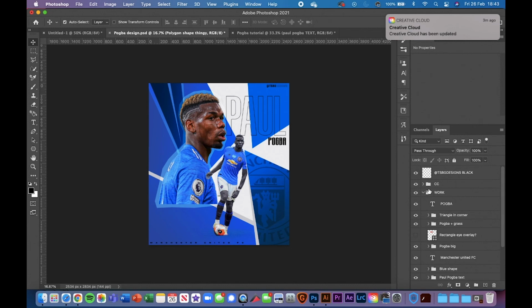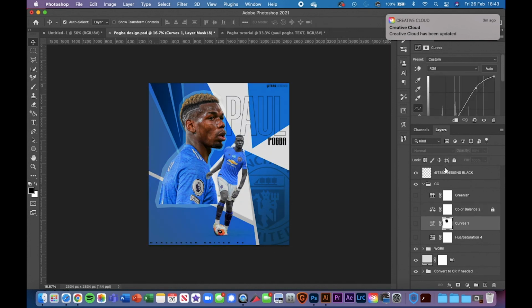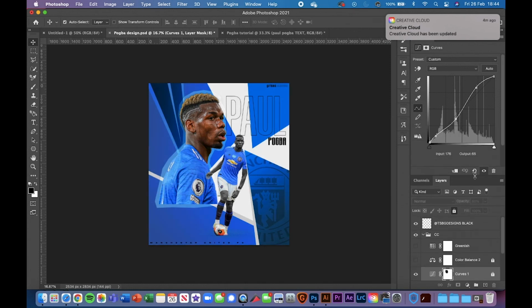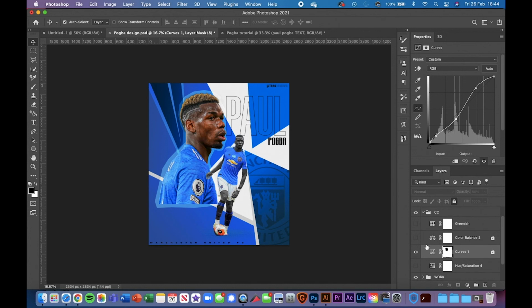One thing I am going to show you is the final CC. So what I have is these two are like the starting point. So I added some curves, like that, with these points, and I added some color balance,